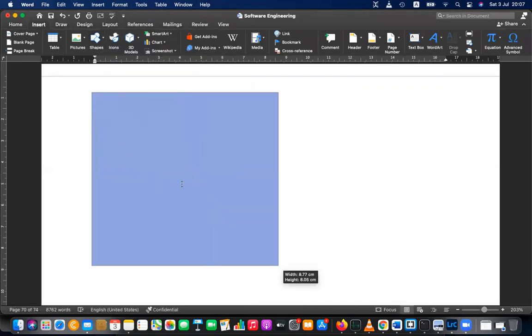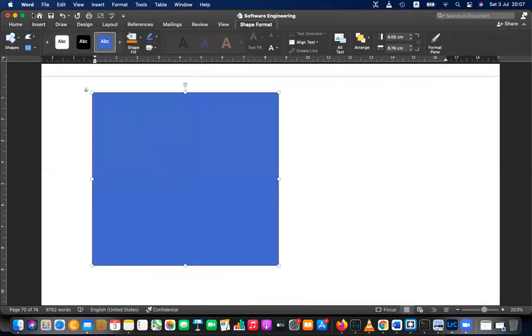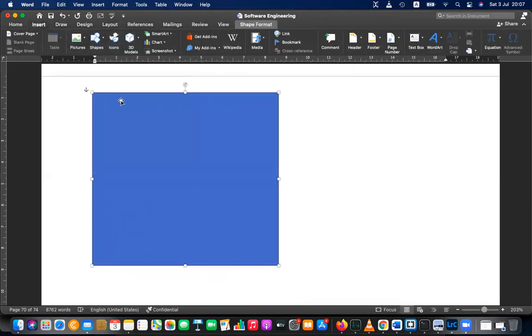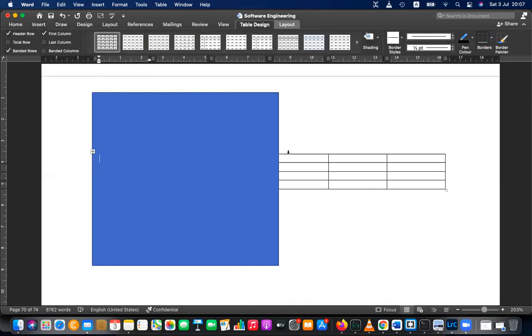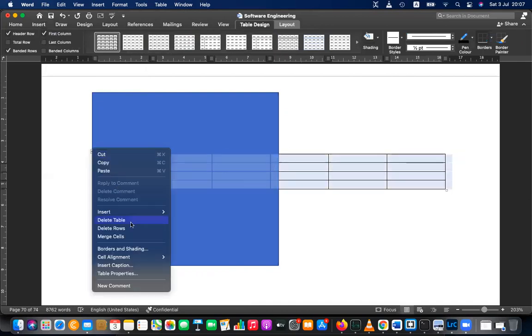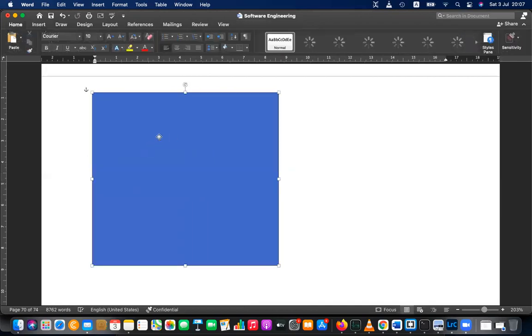Inside file number 1, you have details of students. Let's draw a table, and in this table you're going to put information. Let's cut the table and put it inside this.